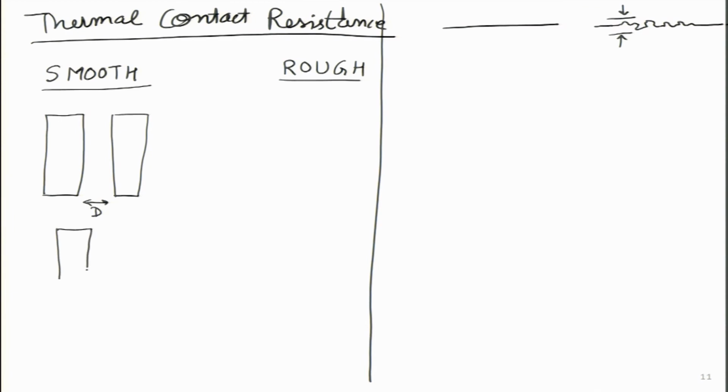We can bring them together theoretically, and they will appear in very nice contact like this. In fact, if both are copper, then we can assume that this is actually one big block of copper for all intents and purposes from a thermal resistance network point of view, because heat is going to flow from here, very good conduction will take place, and copper is a very good conductor of heat as well as electricity. So, if these 2 blocks are smooth, this is what will happen, right. But now let us consider the real life scenario.